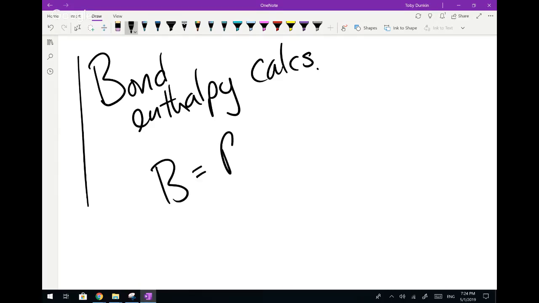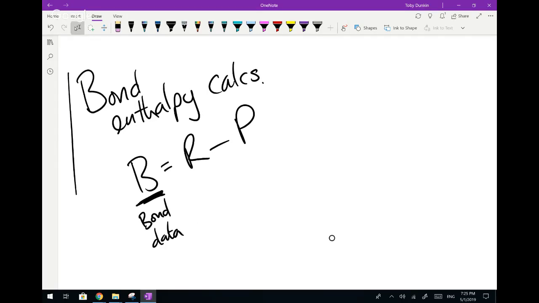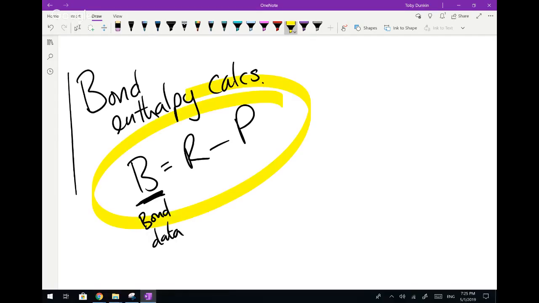So bonds, reactants minus products. Now, what this actually means is the B. I chose the B because this is bond data. Bond data means that we need the actual equation, because I've got to be careful when I teach BURP, because if I teach that, students write that down and they'll lose a mark. The actual equation is the enthalpy of reaction,